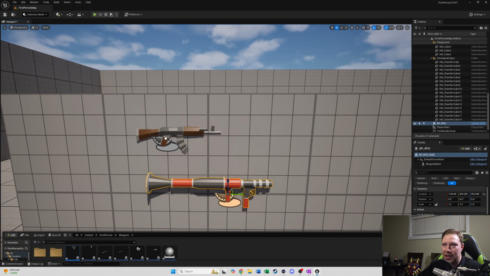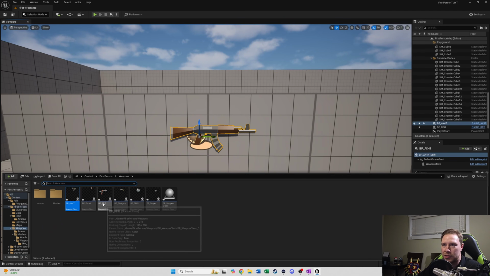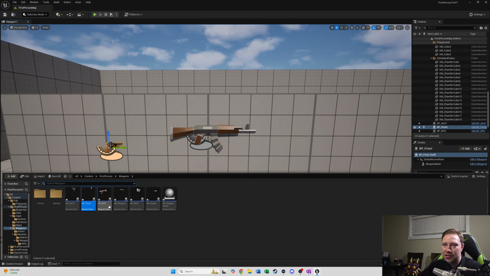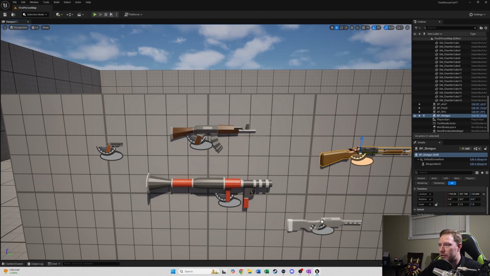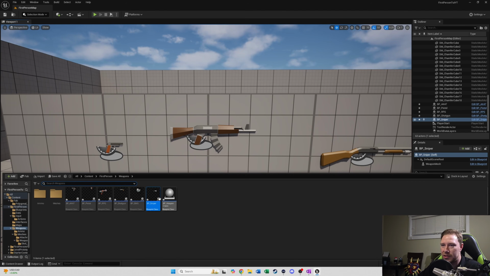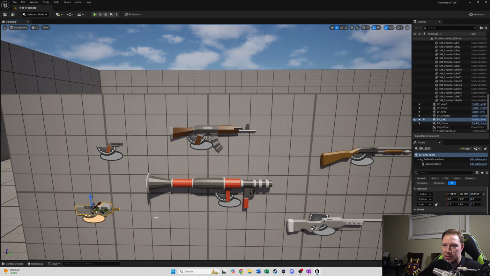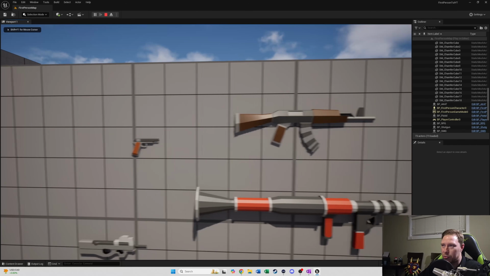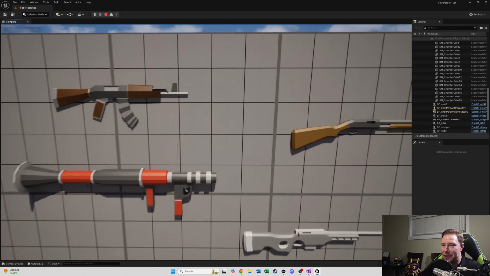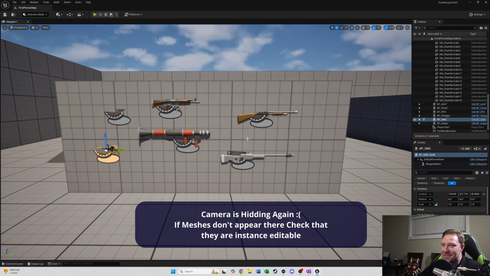Let's put the AK up there. Let's put the pistol up there. And the shotgun. And the sniper. Pull these out just a little bit just so the barrels are actually sticking out there. And the SMG. We'll see how that looks. Let's just preview it first. Those look like the appropriate size of a weapon. Not what we had before. But anyway, so now we can